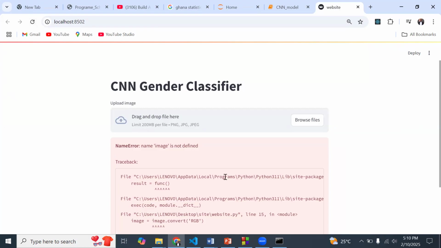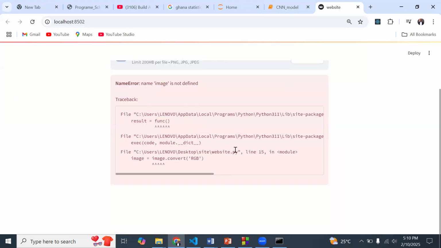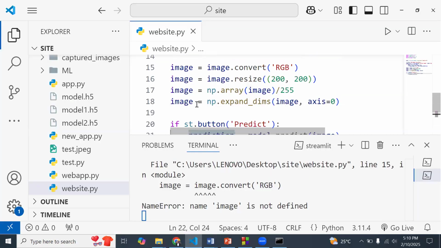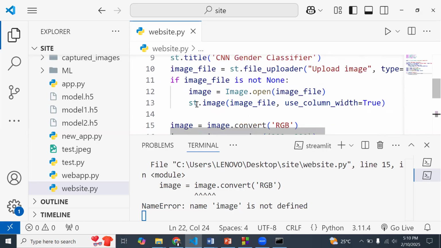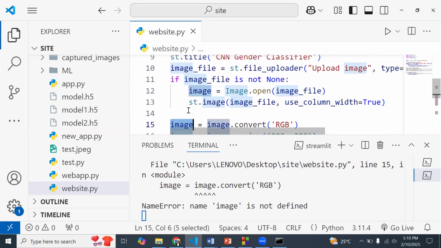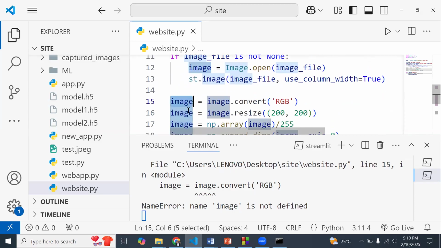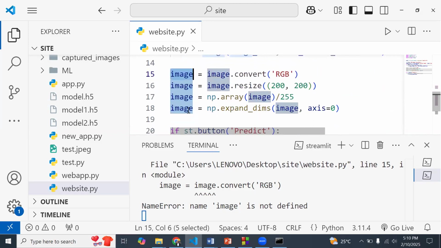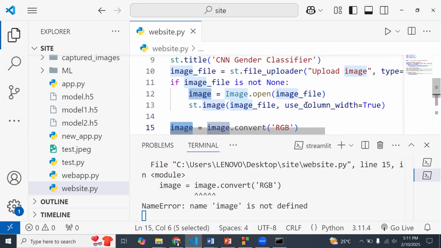We are having an issue over here. It says image is not defined, still on line 5. Okay, sorry, line 15. So let's see what we have on line 15. This image. Okay, let me see.